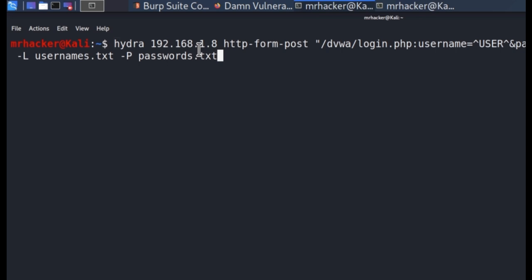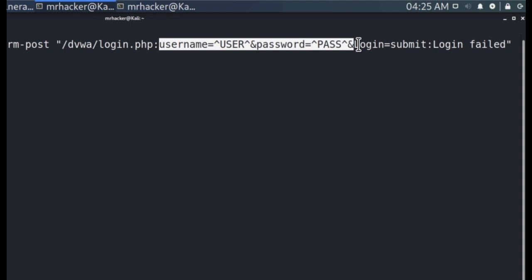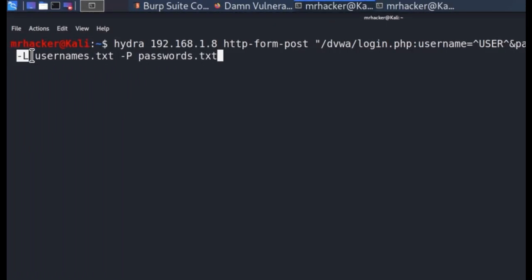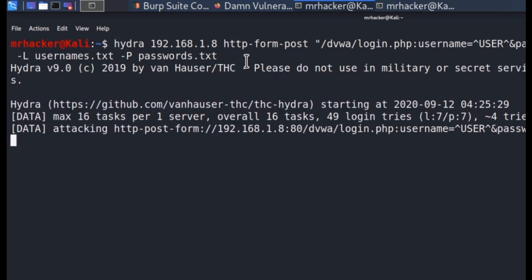Let's just double check it real quick. So Hydra, the IP address of our target. We're using the HTTP form post because we are sending a post request and we are sending our username and password inside of a form. Then we open double quotes, and the first argument is going to be the path to the page that the login form is located in. The second argument is going to be username, password, and the button that we are submitting the username and password with. And the third argument inside of double quotes is going to be a string that we get once we specify the incorrect username and password. After it, we just specify -L for the usernames list and -P for the passwords list. If I click enter,